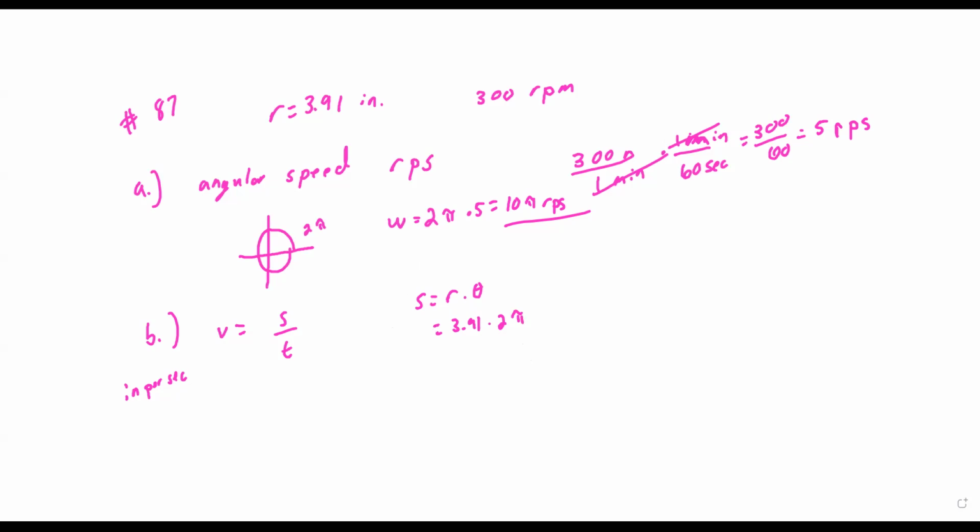So let's get some math done first. Let's go with 3.91 times 2 times pi, and we get 24.57. This again is the arc length, and since the radius is in inches, that would be your inches. So I want inches per second. So there's 24.57 inches, and then per second here,